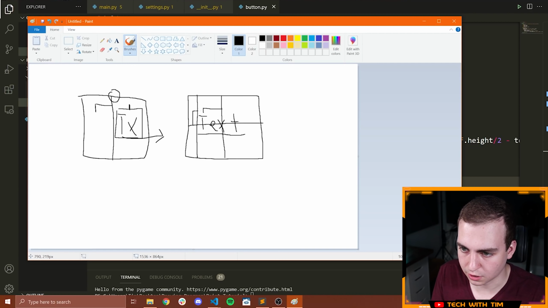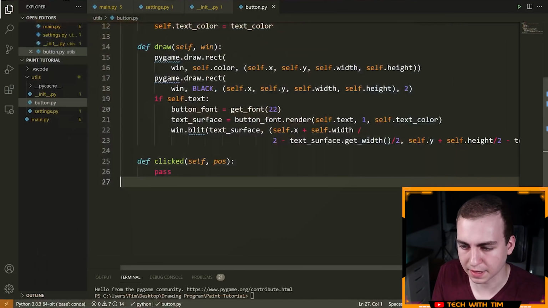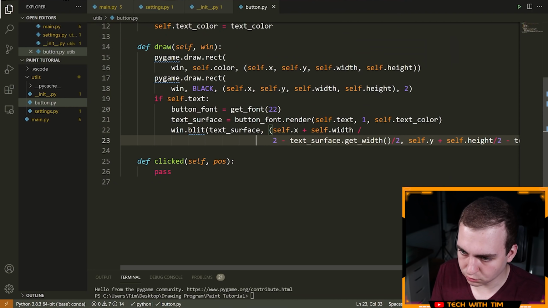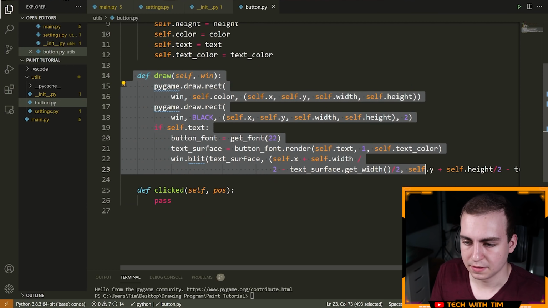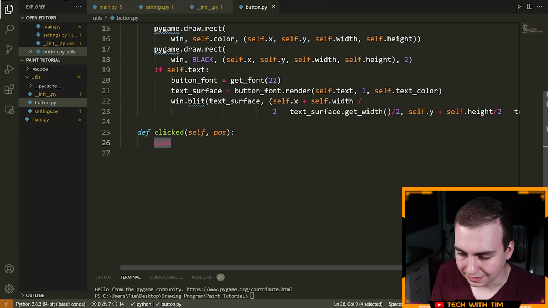We're going to draw up like that, right? So take half of the height of the text and subtract it, and that's where we start drawing the top left-hand corner. Hopefully that makes sense, but that's how that works. Okay, so that will draw it directly in the middle, and I think that's all we need for the draw method. The next method is to check if we clicked on this button.